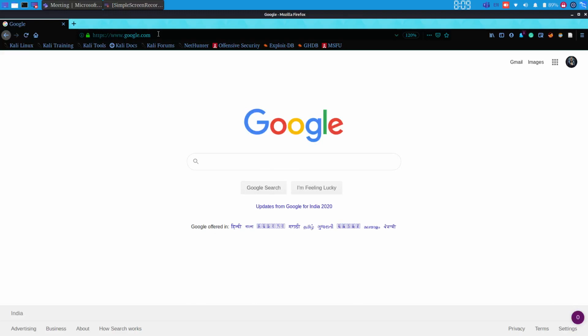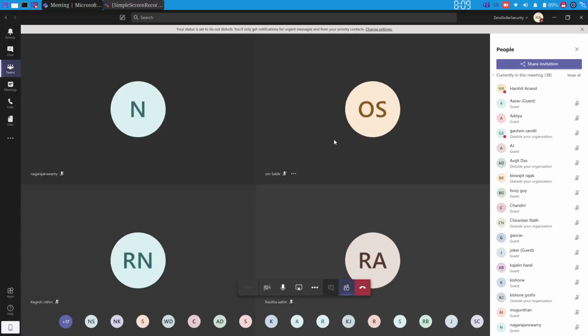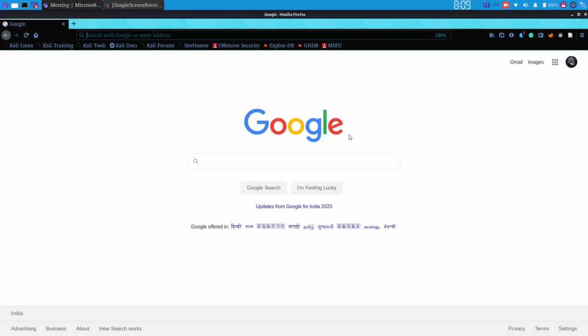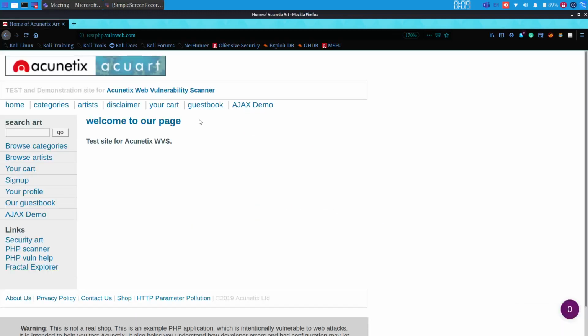In web application security, what we deal with is the security of the application, pen testing, how we can secure a website from unauthorized access and misuse. So what is the misuse we can expect from any web application? Sorry, we will be doing everything on a test website and not on a real website. This is the test website you can see.